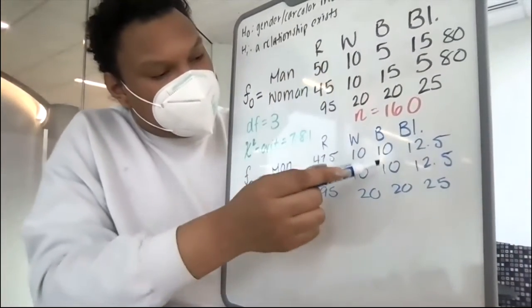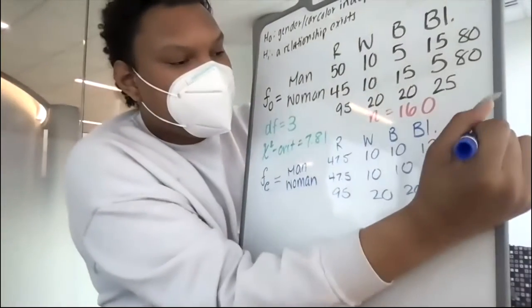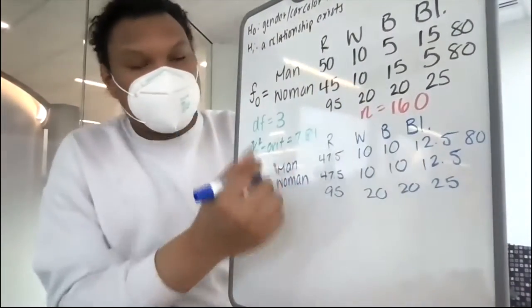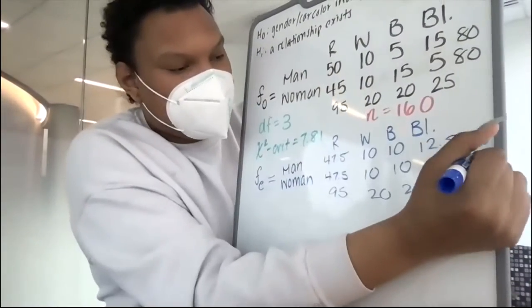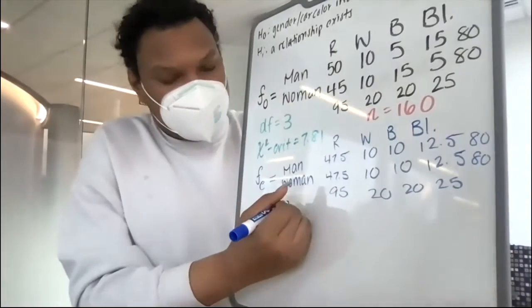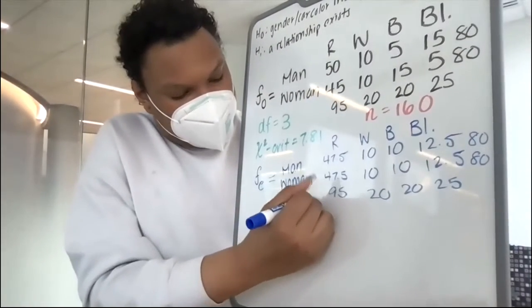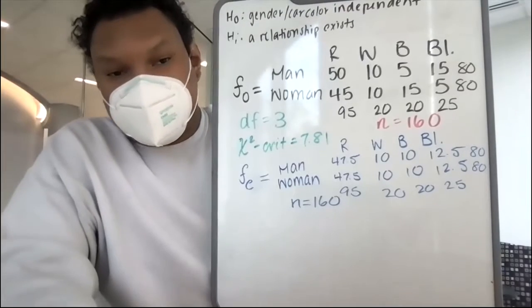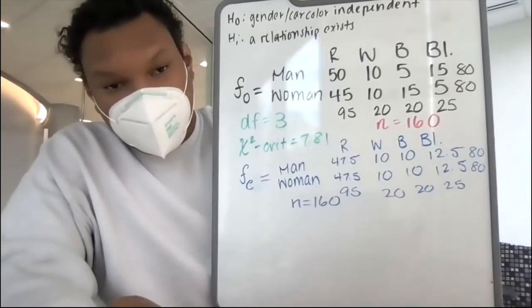47.5 plus 10 plus 10 plus 12.5 equals 80. And since the second row is the same, it will also equal 80. And once again, our n equals 160. To be sure that you understand the process we just went through, I will go over one of these steps in finding our